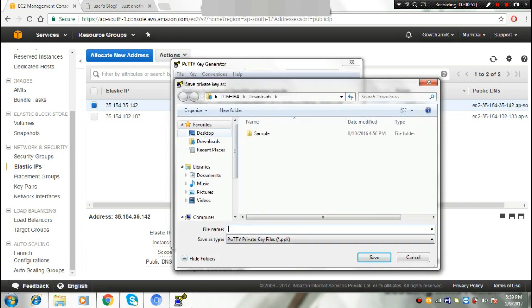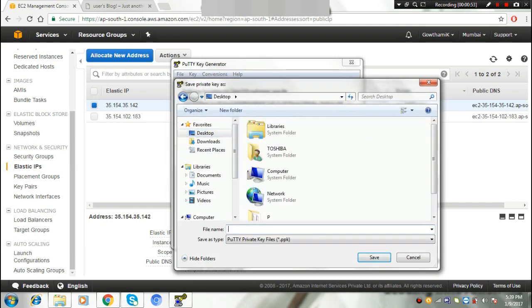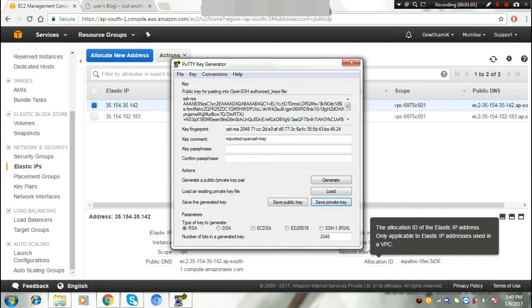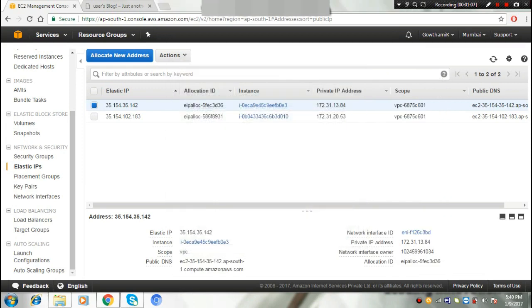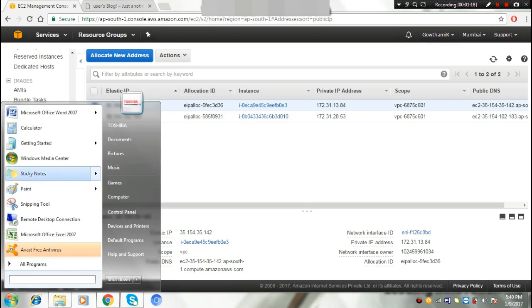Select yes, I want to convert it. Name it with the same name, like new WP. It's converted to a .ppk file, and we have to select the destination place of that .ppk file. That's it.